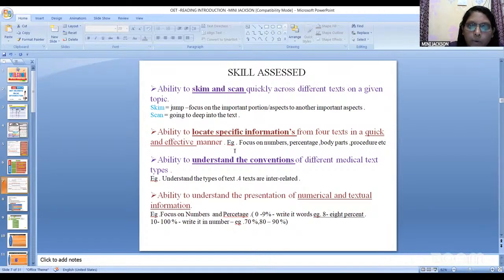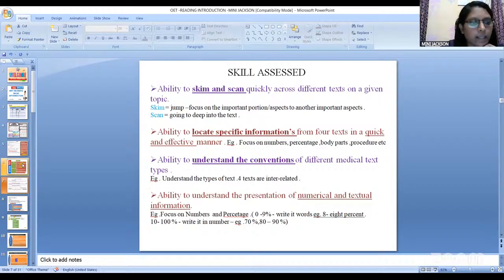How are we able to do this? This is a focus on the manner. According to the father strategy, we need to focus on the name, body parts, number, person, procedures. Like that, we need to focus. Specified areas are there. Maybe it's mentioned in italic words, or hyphenated words, or a different color. So we need to focus on the important or specific information given in each text.